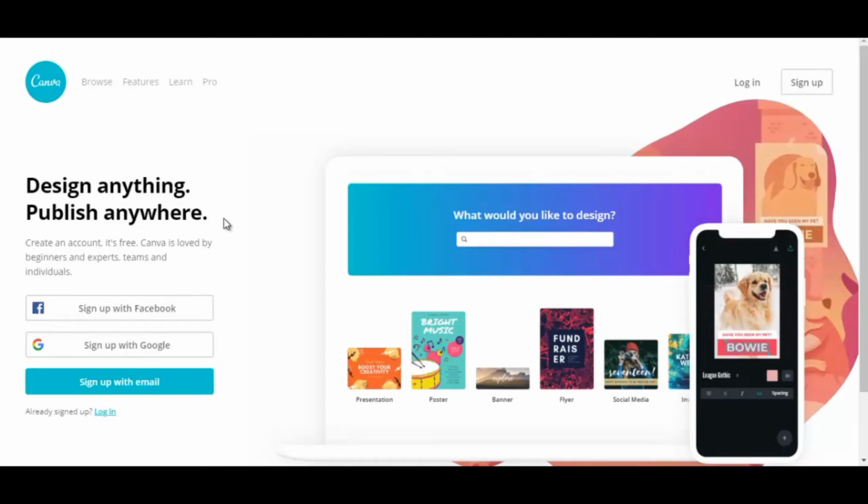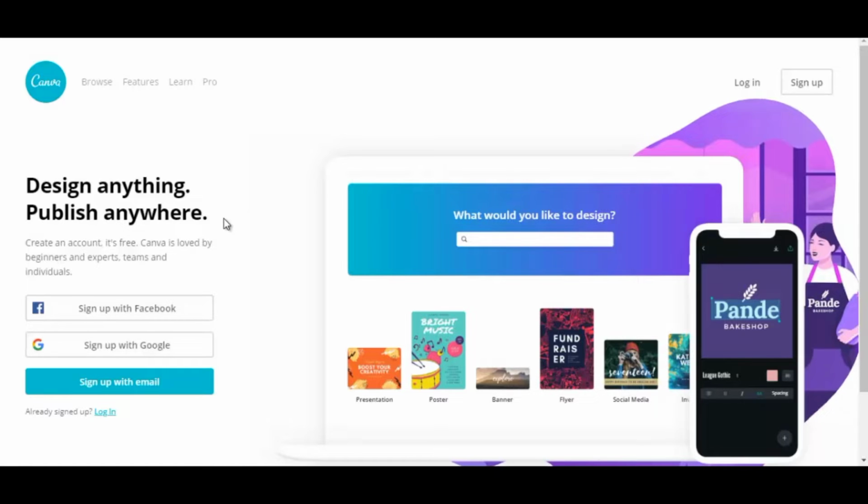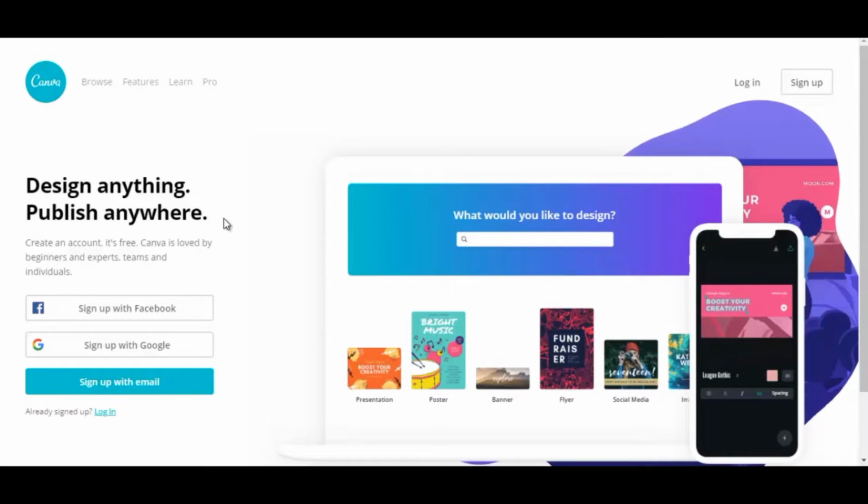They also have paid membership, but what I've been using for the past few years is the free version, and I've been able to create beautiful designs the past few years just with their free membership option. So the great thing is you no longer have to pay for expensive graphic designers or for expensive graphic design software. In the following videos, I'm going to show you the types of designs that you can create with Canva,